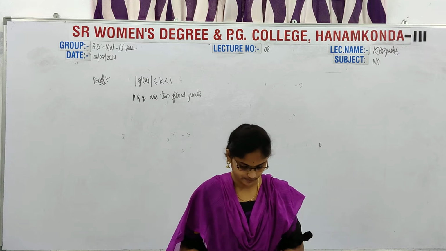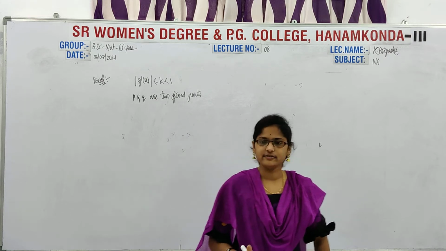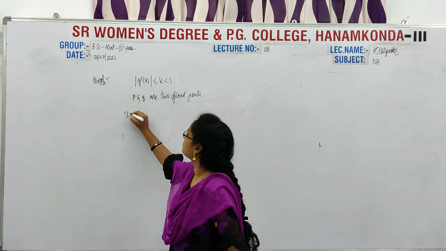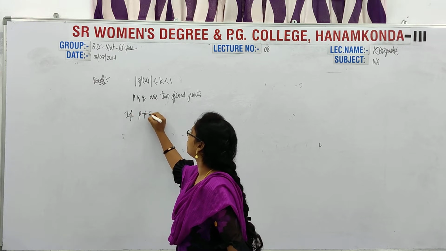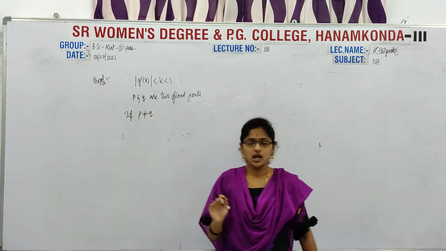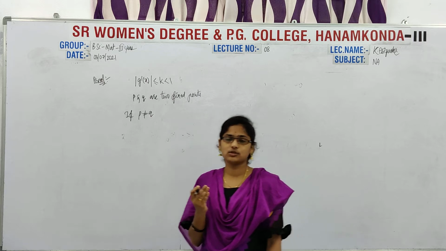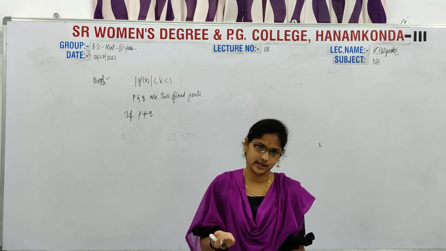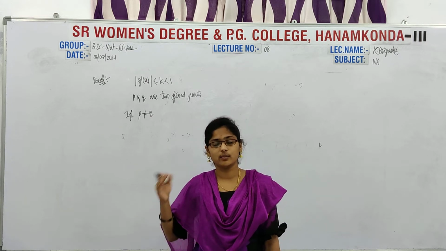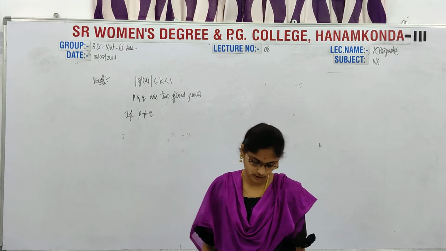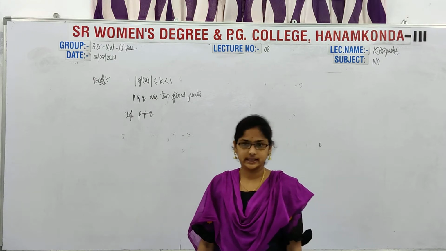Now write down. If p is not equal to q. The meaning of that is, sometimes there is a chance that p and q both are the same. But here we are taking that both are not equal. So if p is not equal to q, then